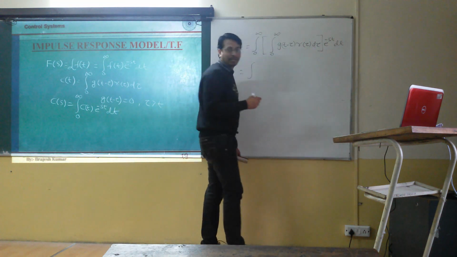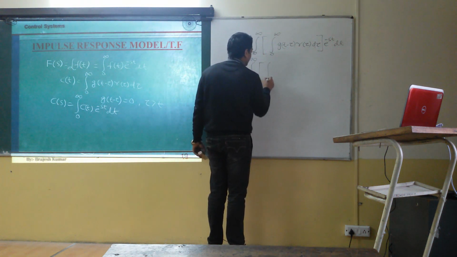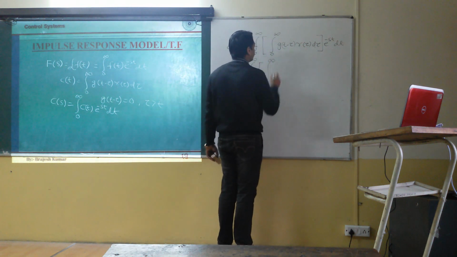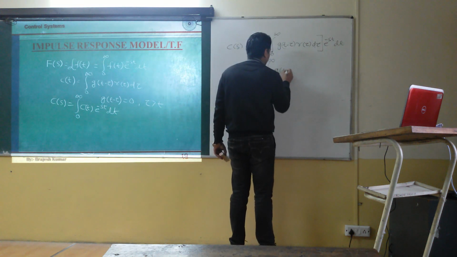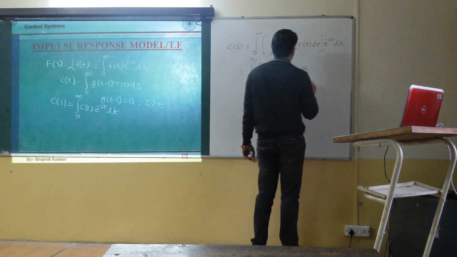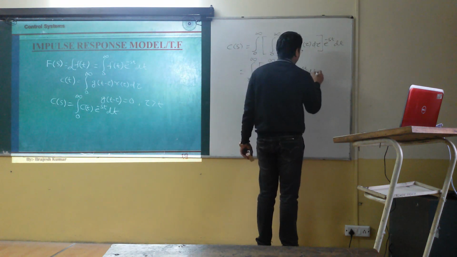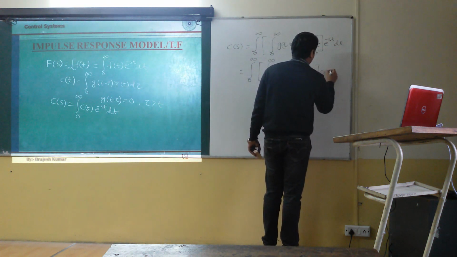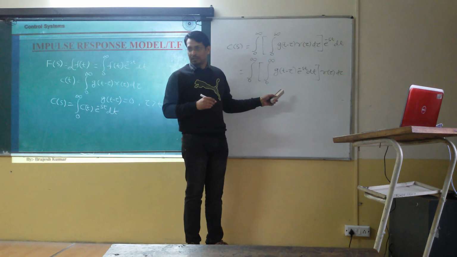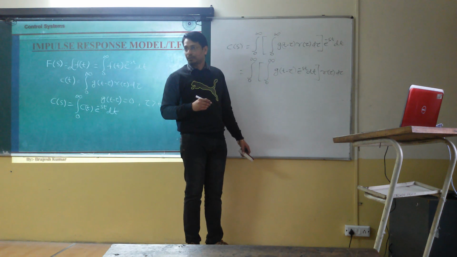Now I am going to make a little bit of rearrangement in this. Once again, the second limit is a sort of double integration, which you might have read in your mathematics book. The integral from 0 to infinity of g(t minus tau) e to the power minus st, and I am going to take this r(tau) outside dt, and r(tau) dtau. Please help me out with whether this rearrangement is correct or wrong. It's okay.